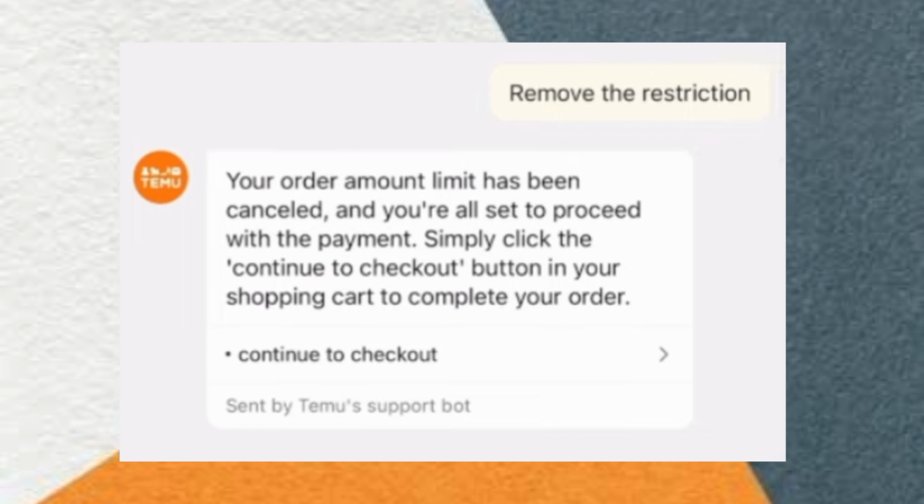Follow the on-screen instructions. Once done, you'll get a message saying your order restriction has been lifted. Now you can proceed to check out even if your order total is lower than the original minimum limit. And that's it. You've successfully removed the Temu minimum